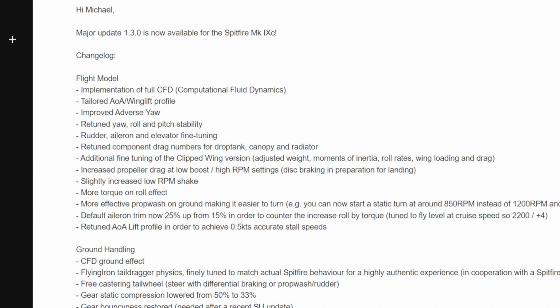Okay guys, so let's get into this. I'm only going to touch on a few things, but there's quite a bit of pretty impressive information here. So, computational fluid dynamics, implementation of full CFD. That means that the aircraft behavior and overall performance is going to be constantly changing based on the environment around you, wind, temperature, etc. Okay, tailored AOA or angle of attack wing lift profile, improved adverse yaw, retuned yaw, roll,